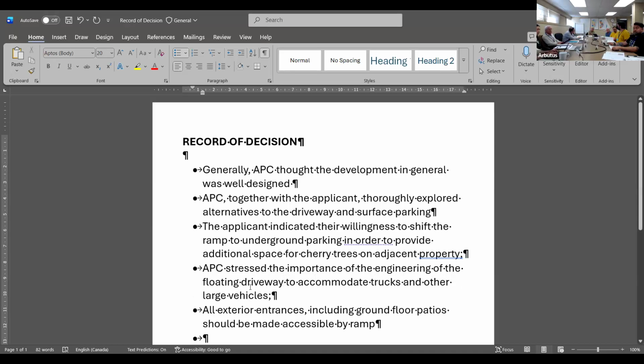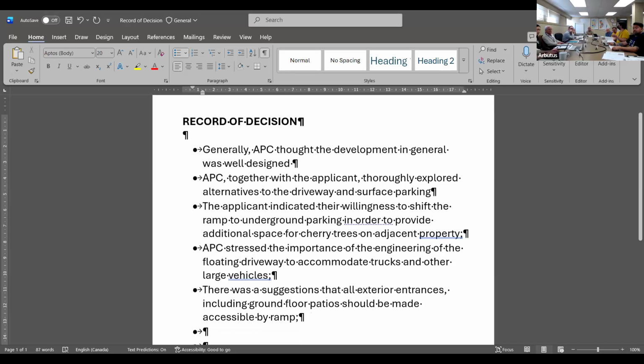Any other members of the commission have any other? I was thinking maybe a slight tweak to the wording of that last one about the driveway engineering. Do we want to specify, without further risk to the root systems of the trees, or something along those lines? Well, I think that's implicit in the importance of the engineering and the floating drive. Okay, so that those trucks don't compromise it. Hopefully, I think we captured it in the amendment to respect. It's going to have to be approved by staff. Of course. Okay. Any other highlights that need to be captured?